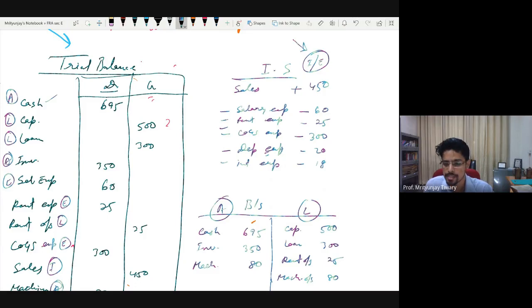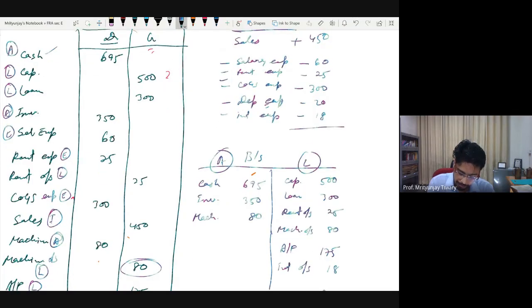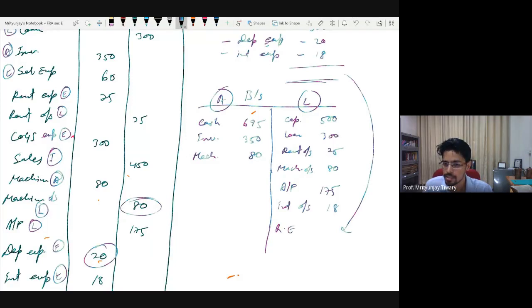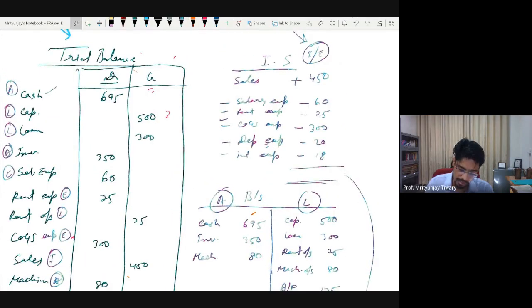One last step is done, that is, find out the profit of the period and transfer it in the name of retained earnings. Profit belongs to owners. So if you look at it very minutely, all that we have done is that earlier whatever was coming as pluses and minuses within retained earnings has come in one separate statement now. And that statement itself is called income statement.